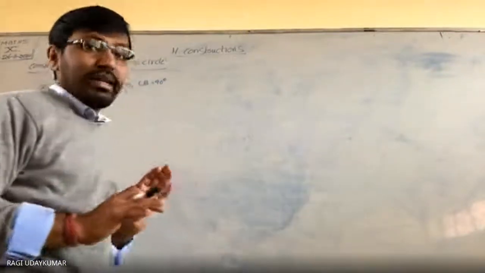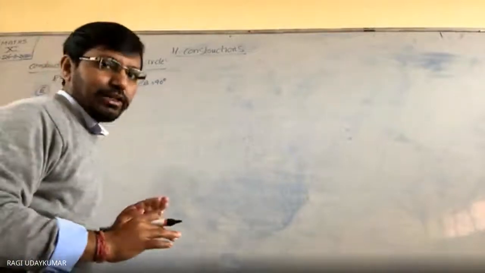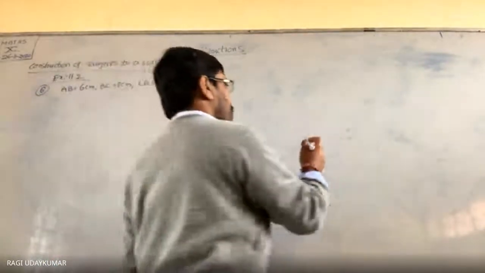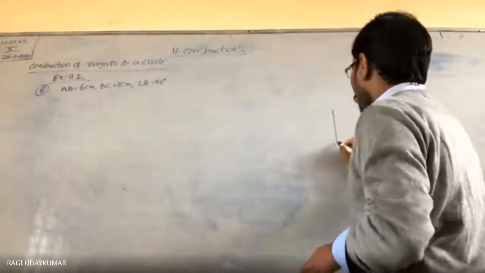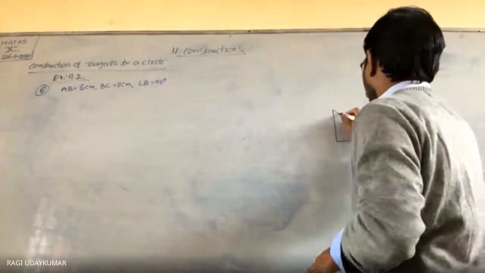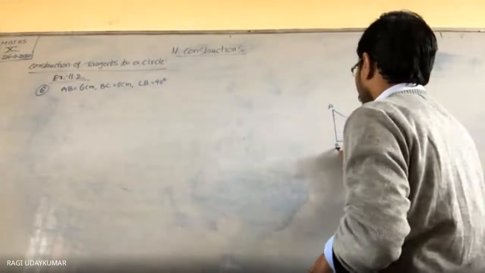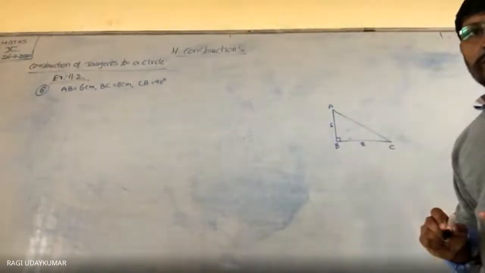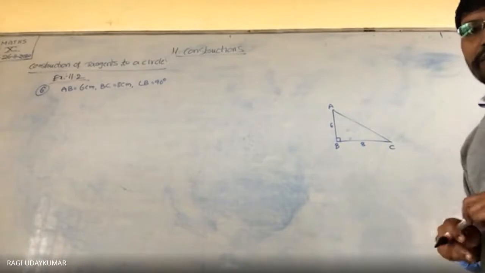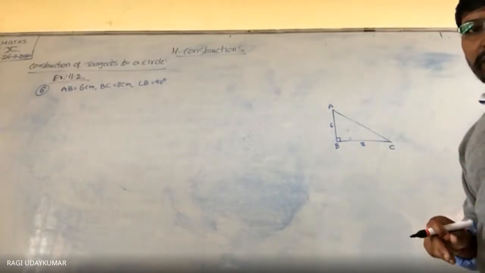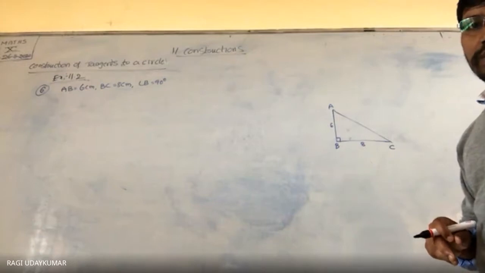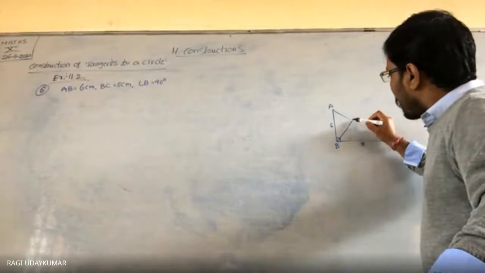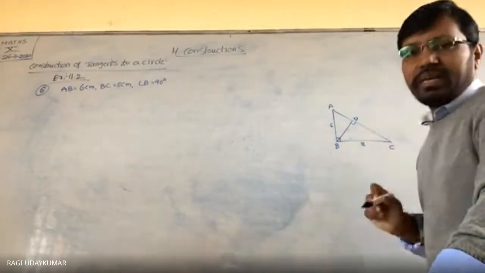First draw the triangle, draw a rough figure. One rough figure should be taken into consideration here. Without a rough figure, you are not supposed to get it normally. So like this, you consider A, B, C. AB 6 centimeters, BC 8 centimeters, angle B, angle C. Okay? Triangle graph here, I am not constructing it now. And BD is perpendicular from B on AC. Draw the perpendicular line from B to AC.